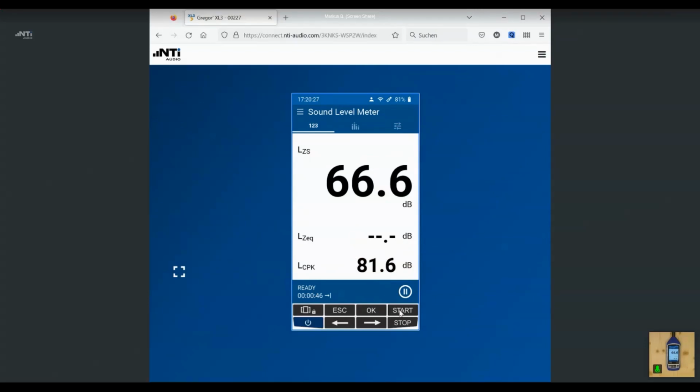And as soon as I start my measurement, you see here the LEQ will now give me this line. This here will show me the LEQ result. I can apply a pause to my measurement. I can restart the measurement or actually continue the measurement. Here you see, by the way, the timing. So this is a